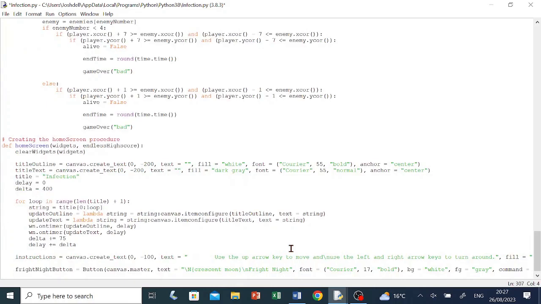Now let's create the endless game mode button. Endless, capital B button, space equals space, capital B button, open brackets, canvas.master, comma, space, text, space equals space, open quotation marks, backslash capital N, open curly brackets, infinity, close curly brackets, backslash n, make sure this is a lowercase n, capital E endless, close quotation marks, comma, space,